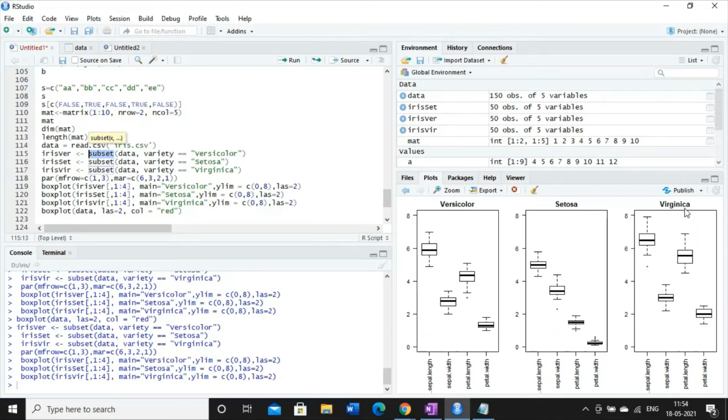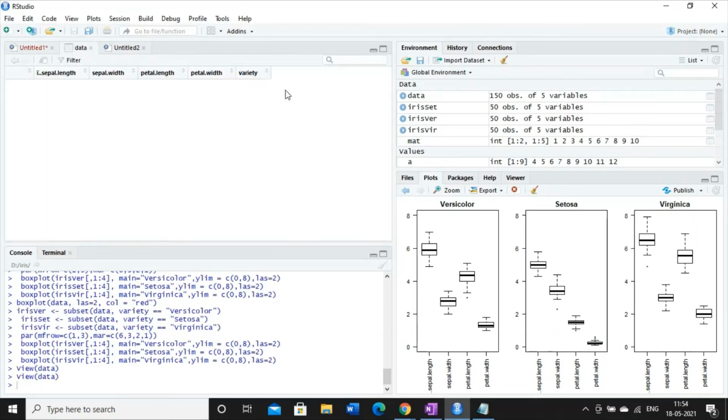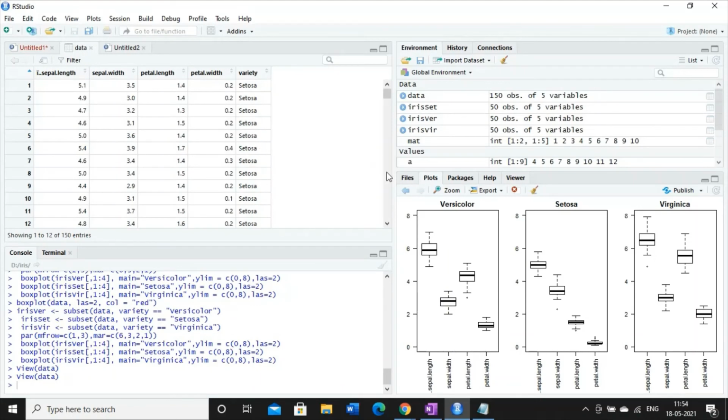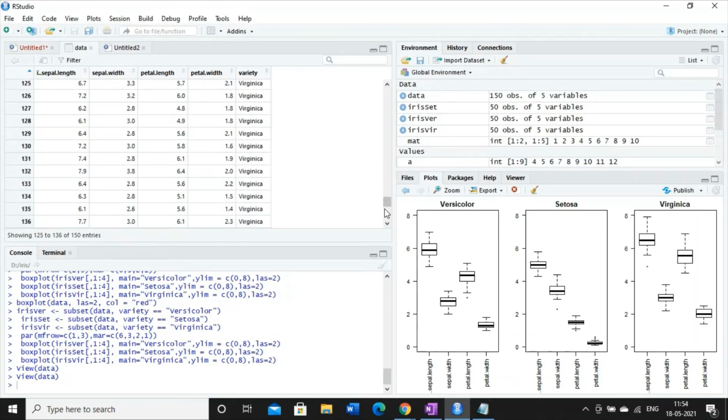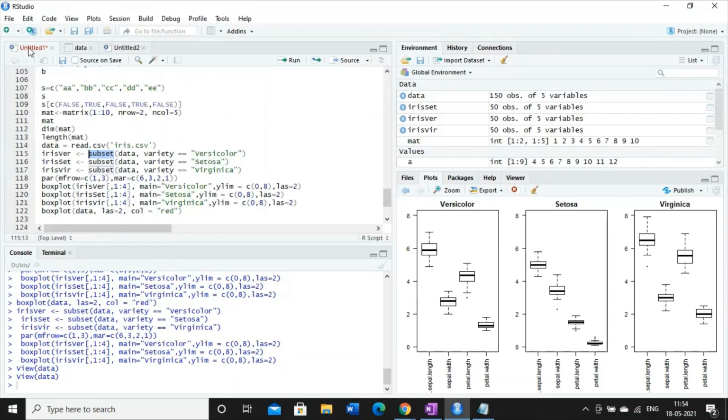Because in my dataset data, we have the combination of Setosa, versicolor and virginica under this variety column. So I am using the subset function so that I can extract the versicolor subset, Setosa subset and Virginica subset. For that reason I am using three subset functions for getting three different species.